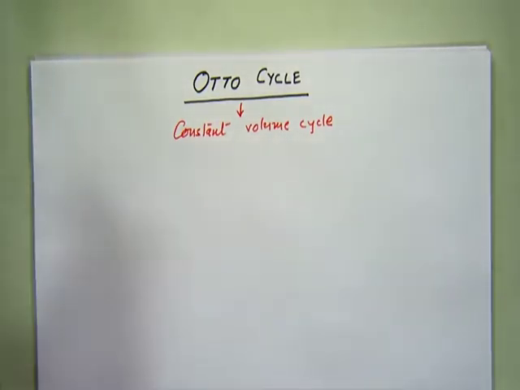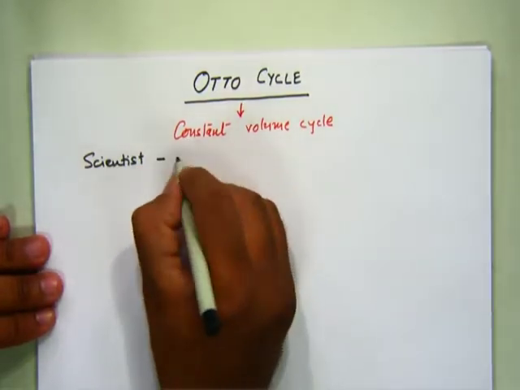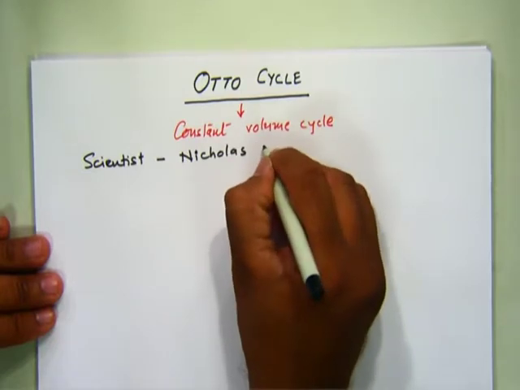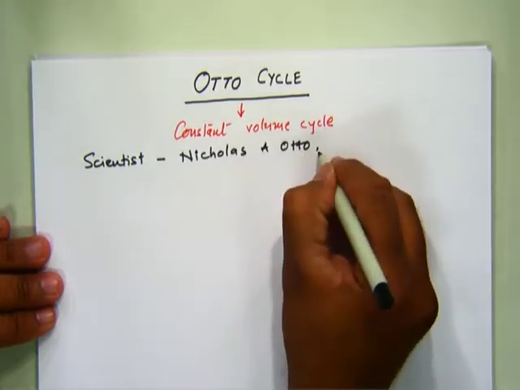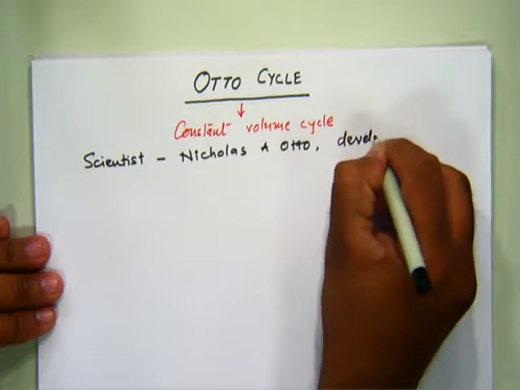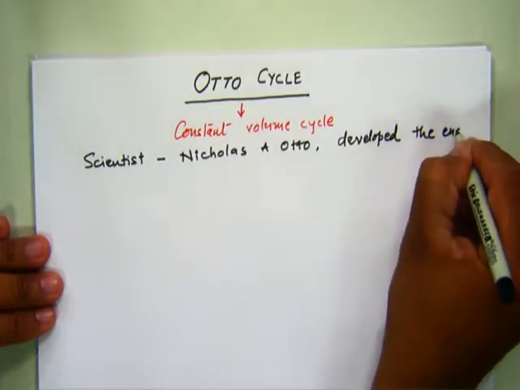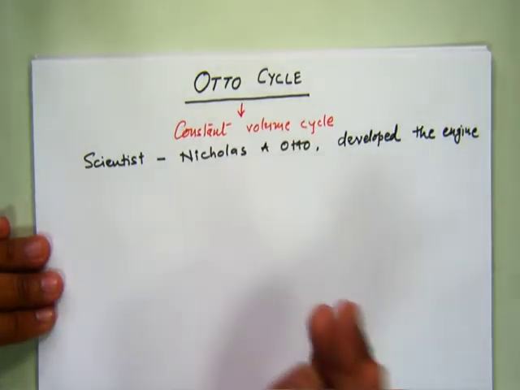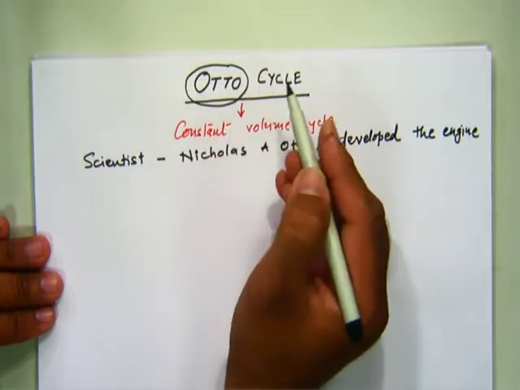Scientist namely Nicholas A. Otto, who was a German fellow, developed this engine working with this cycle, and that is why the name is given as the Otto cycle, where